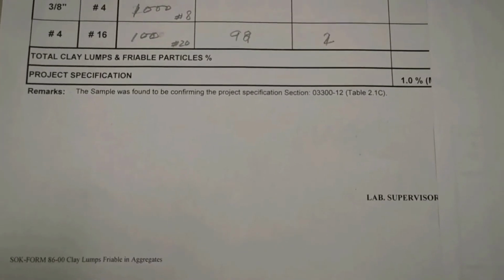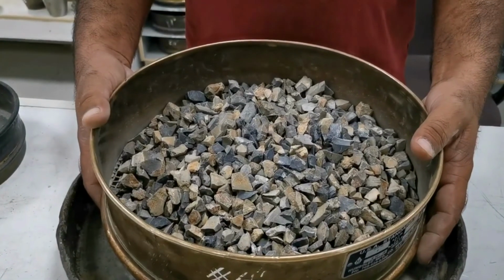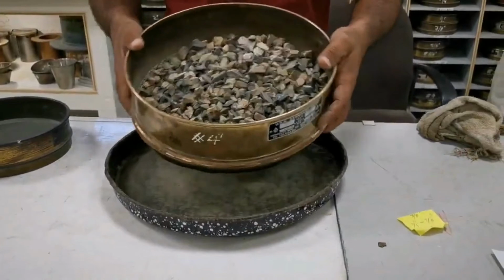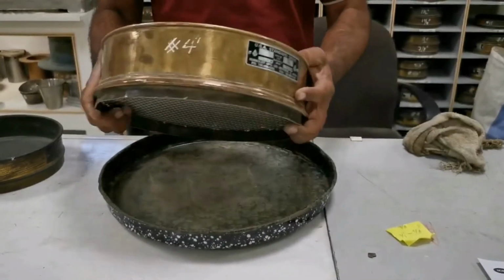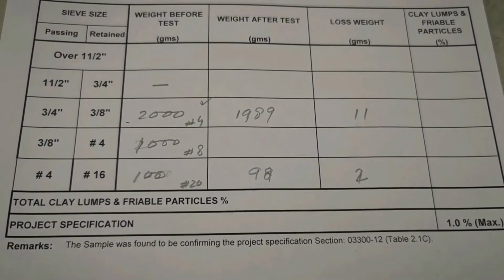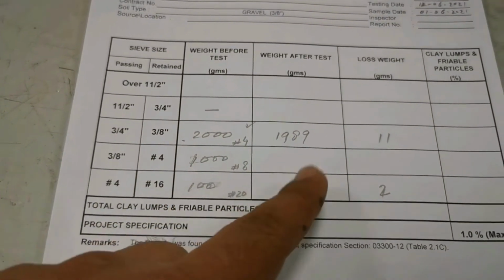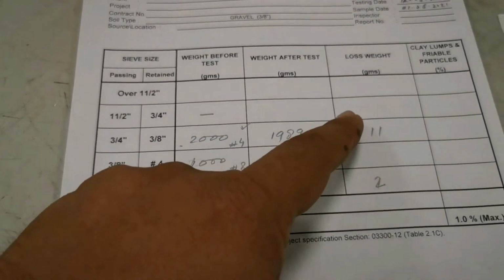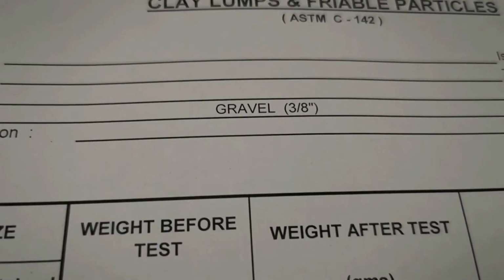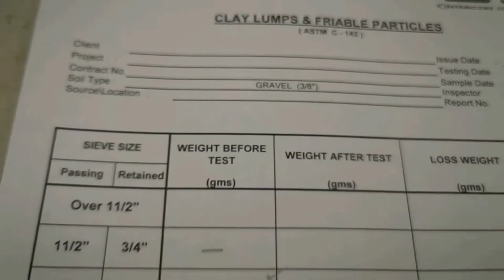इसका जैसे कि देख रहे हैं आप वेट आया 98 यानी 2 ग्राम इसमें लॉस हुआ है। दूसरा हमारा जो मटेरियल है वो है हमारा 3x4 का पास, 3x8 का रिटेन। इसके ऊपर हम 4 नंबर की सीव लगा रहे हैं और 4 नंबर की सीव लगाने के बाद जो भी इसका रिटेन है वो हमने निकाल लिया है। इसका जो वेट आया वो 1989 यानी 11 ग्राम लॉस हुआ इसमें से, ये हमने लिख लिया। इसी तरीके से ये तीसरा मटेरियल अभी ड्राई नहीं हुआ है इसलिए हमने इसका भी नहीं किया। ये तीनों वेट आ जाएंगे इनका परसेंटेज निकाल के और एवरेज यहाँ पे लिख ली जाएगी। तो हमारे पास 3x8 जो हमारा साइज़ है उसके ऊपर क्ले लम्प्स एंड फ्राइबल पार्टिकल्स कितने आए हैं वो परसेंटेज पता चलेगी।